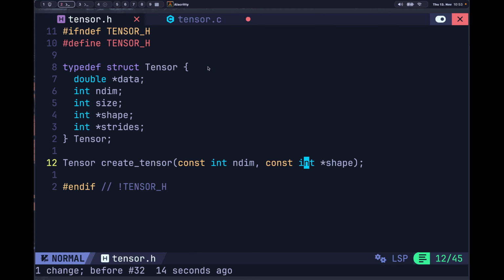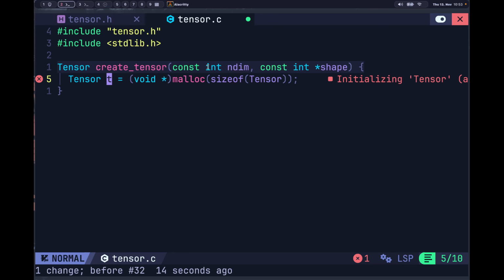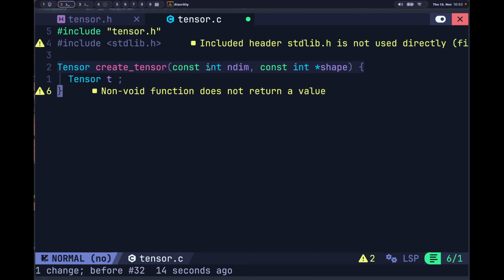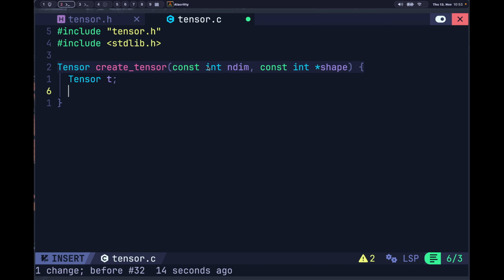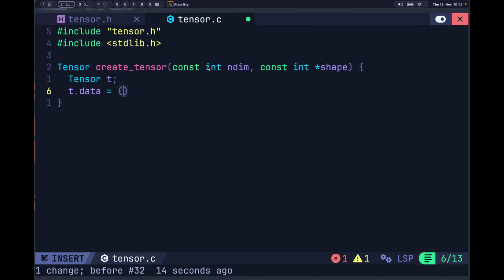Should I return a pointer of tensor or not? I don't think so. It makes sense. Let's do this. So t dot data, it will be double